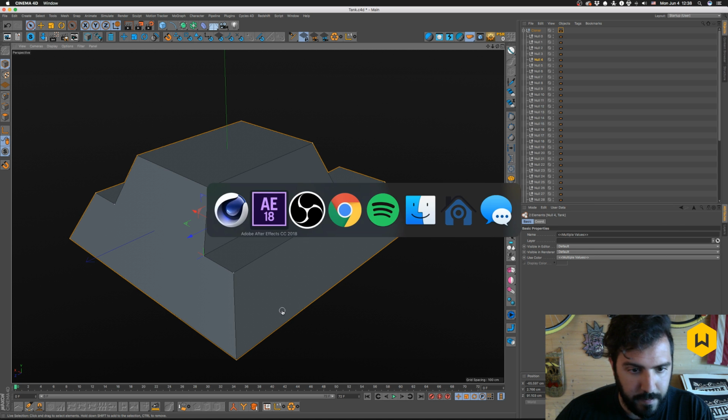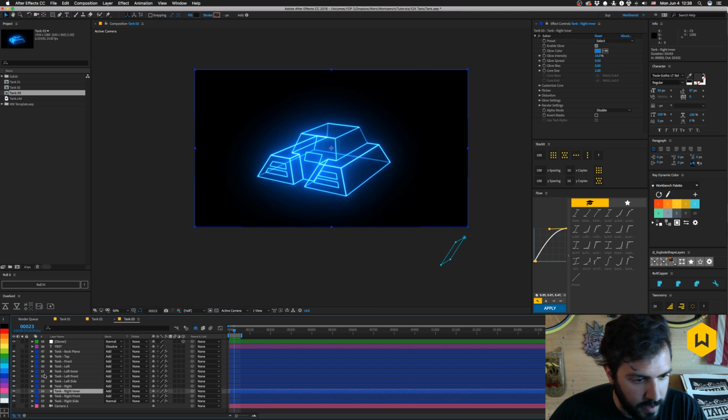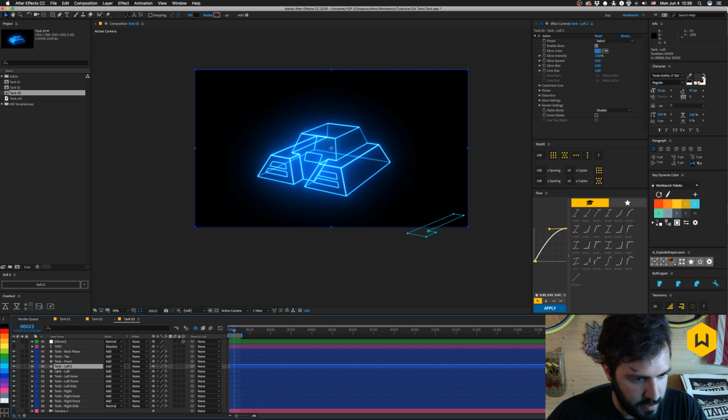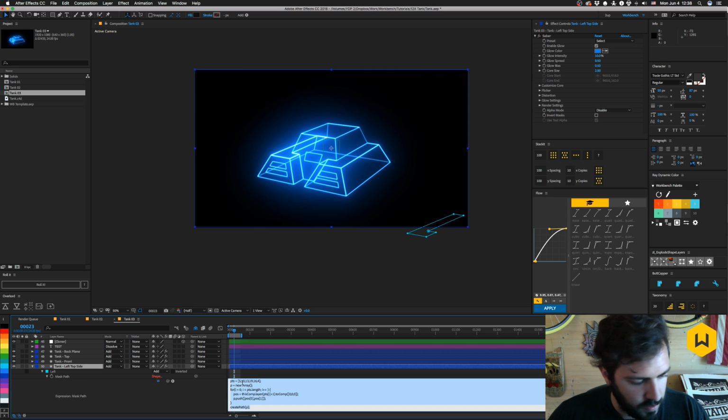All right, back into After Effects. Okay, so I could just make another. The left one was the second one I did, so let's do that. We'll call it left top side. That works. Open up our expressions in here. All right, so the left top side is 3, 1, 5, 4? Yeah. All right. 3, 1,